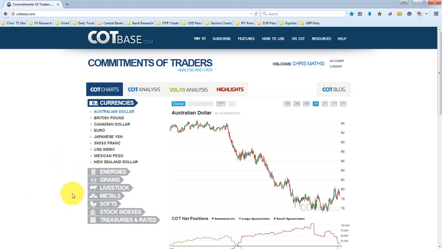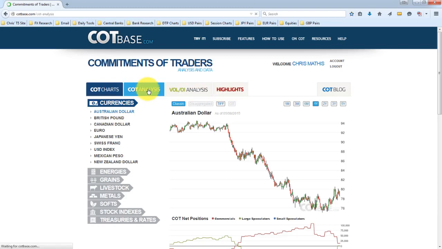energies, the stock indexes, metals, so you get all your gold, silver, palladium, platinum, your treasuries, your treasury yields or your treasury bonds, the stock market indexes, S&P, everything like that. Everything you need to analyze the market from the Commitment of Traders is here. Plus they give you the volume and open interest analysis. You have highlights over here where you can really break things down. And my favorite part is the COT analysis,